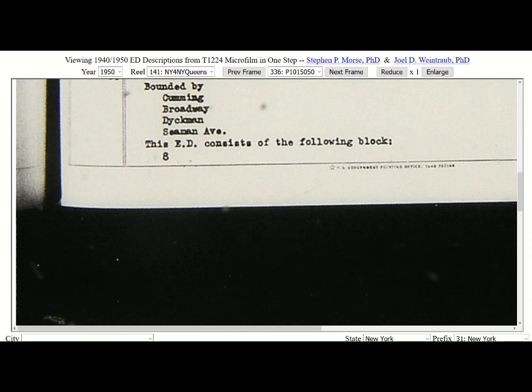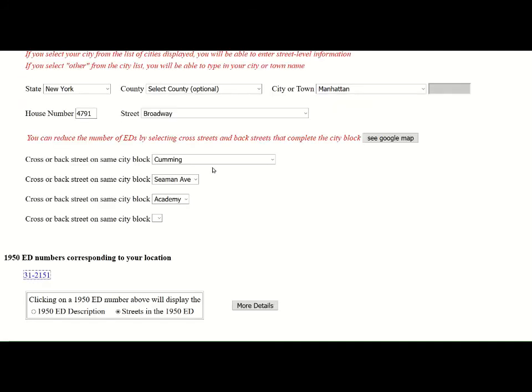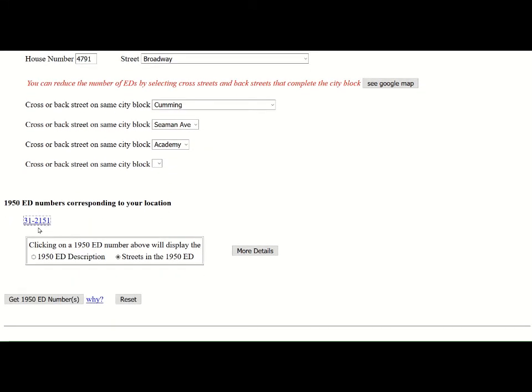Click on that. If I ask for the streets in the enumeration district, I could do that. It shows me the 4 streets. It only has 1 here. So I can do a number of things I did before. And eventually we're also going to have, we hope, a linkage to this directly to the first image of